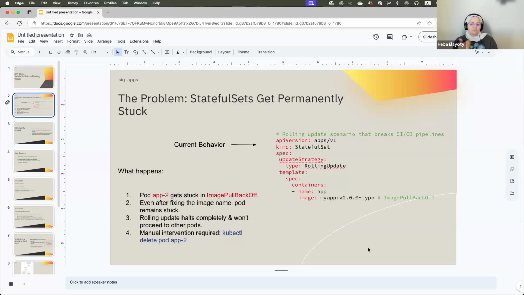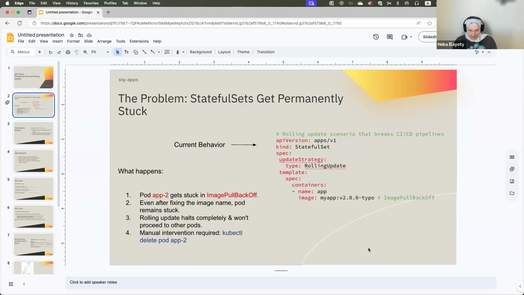I will go back and try to redeploy it, but this will never fix the problem, because according to the update strategy it will never update automatically. We have to go delete this specific pod to unblock the StatefulSet.